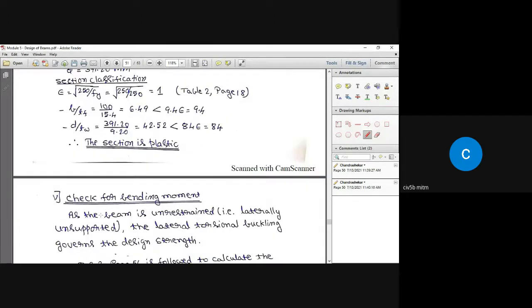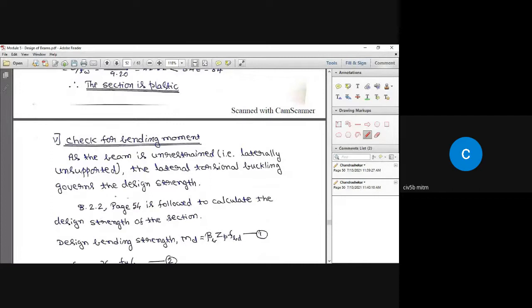Okay. So coming to check for bending moment. In the case of a laterally unsupported beam, bending moment is the toughest part. That is, finding out the design bending strength of the section is the toughest part, because it takes into account the lateral torsional buckling, wherein the stress developed in the section we have selected is not going to be Fy divided by gamma MO, where Fy is the yield stress. Instead, it is going to be less than Fy divided by gamma MO.